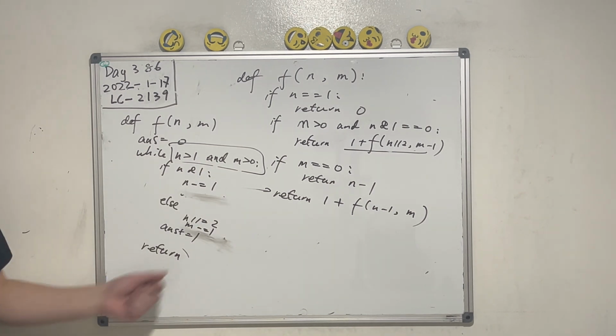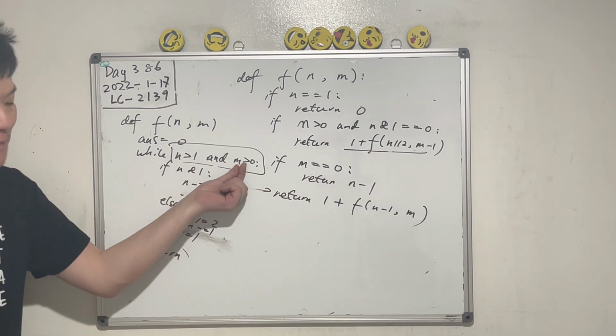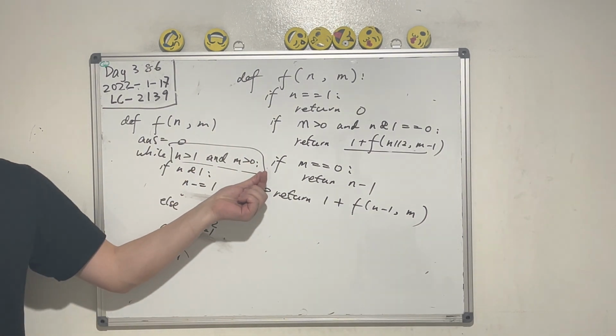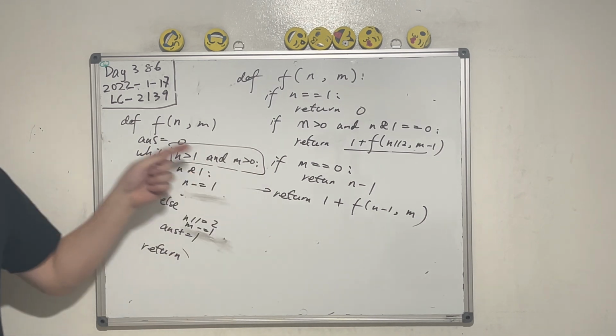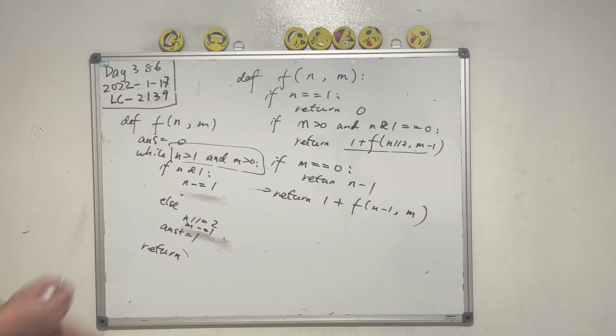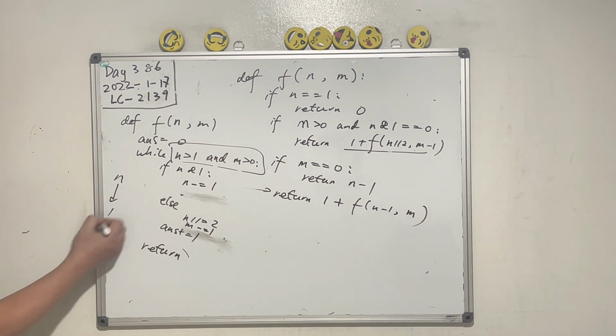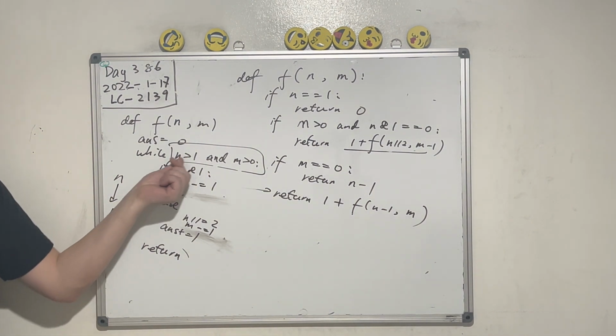If n equals 1, then we are done, right? But if m is 0, it means we have no division at all. So how do we bring down the numbers from n to 1? If m equals 0, how many steps to bring n to 1? 0. No. n could be,